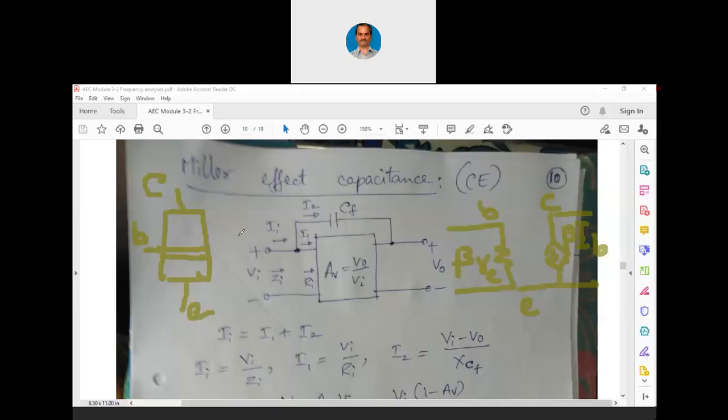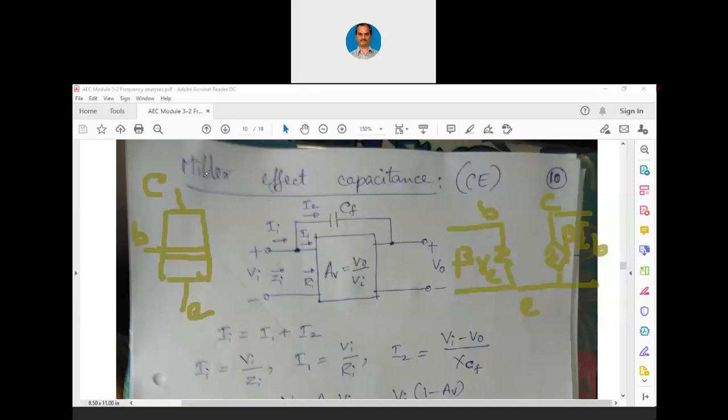Now you can see between base to emitter there is a diode, and in AC analysis we replace that diode with the dynamic resistance. That is because we were dealing with the Q point. We were worried only about the small signal analysis. Around the Q point, whatever was the performance of the switch, we were only interested in that. So we substituted this base to emitter junction with beta into RE times a resistance.